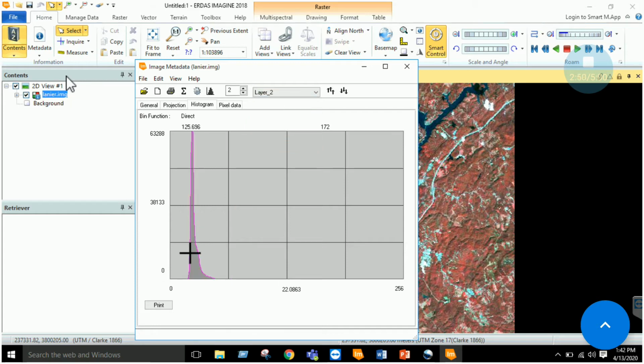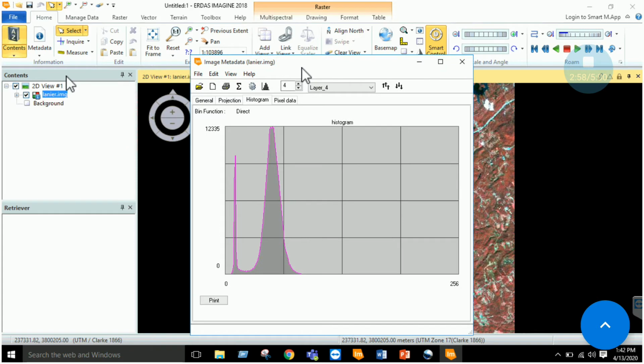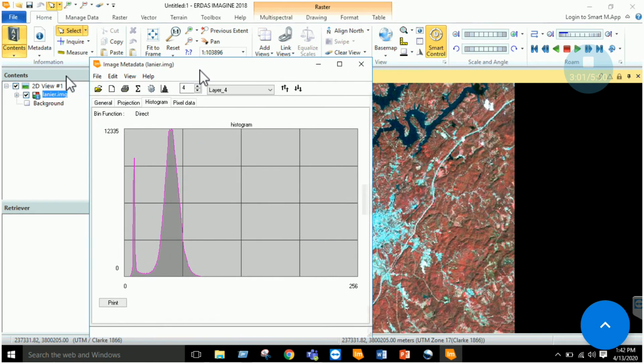Let's check layer 2. It will have different information. Layer 3 has something different. Layer 4 will probably be the NIR band, the fourth band. In this, you can see that you have two peaks, right? One peak might be of a water body, and the second peak might be of other areas, other features, right? So you can see that your data is from 7 till 16 or 14, and from 37 till 69, right? So note down these values on a paper: 9, 14, 34, 69 in layer 4.